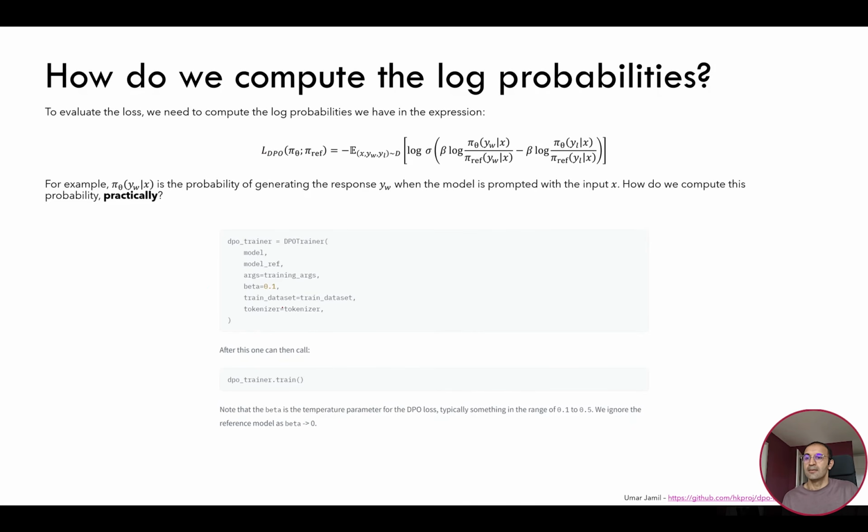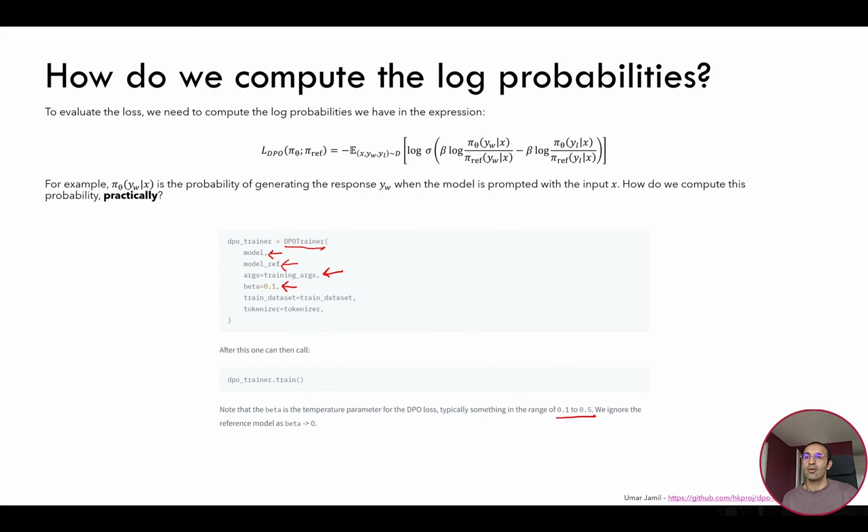When you run DPO, it's very simple. Imagine, for example, you are using Hugging Face. It's just a matter of using this class, the DPO trainer, in which you pass the language model that you're optimizing, and the frozen version of the language model that you don't want to optimize, but it's the reference language model that is used to compute the log probabilities to calculate the KL divergence. Then you can give some other training arguments. You can find the list of them on the website of Hugging Face, and then this beta parameter, which indicates the strength of how much you want the language model to change. And also on the DPO website of Hugging Face, they give you the typical range for this